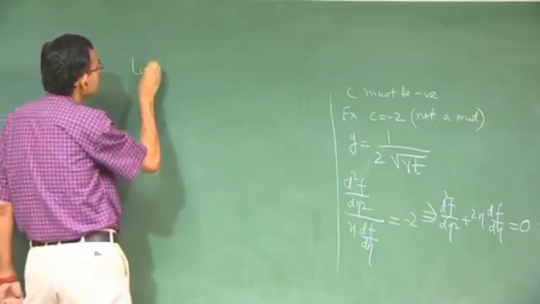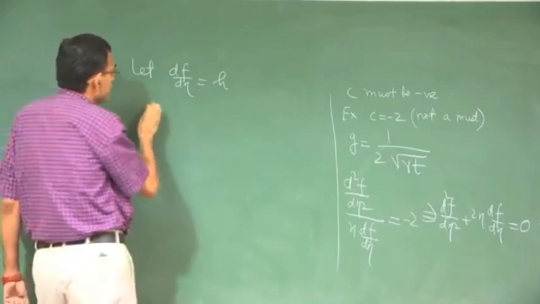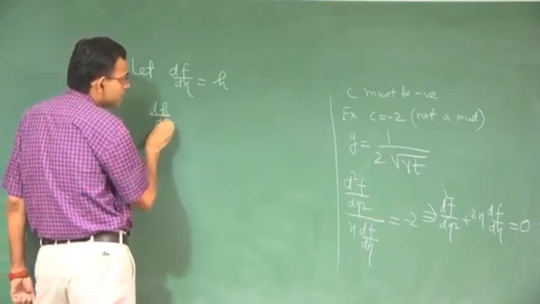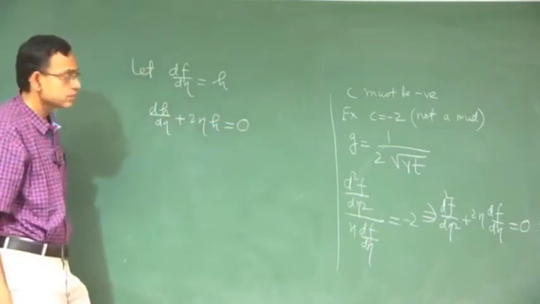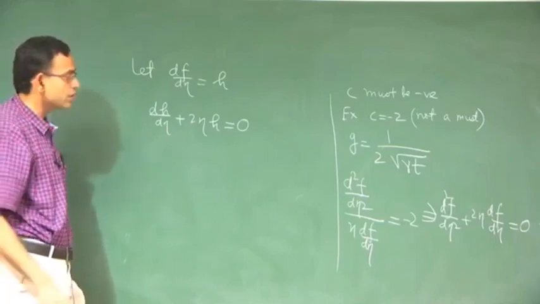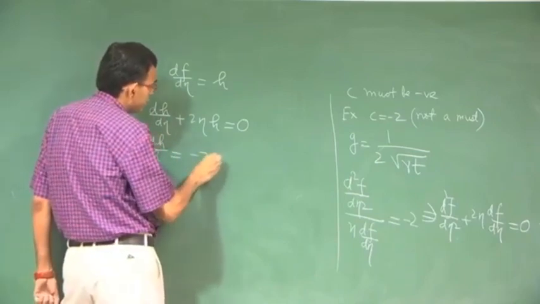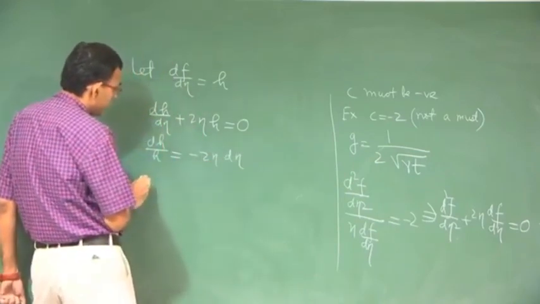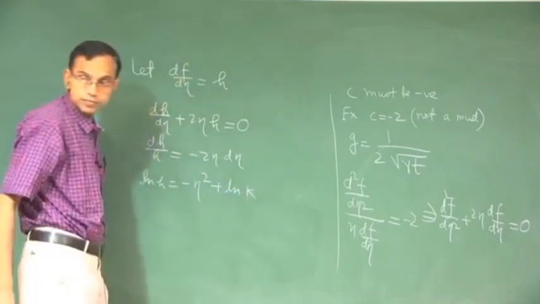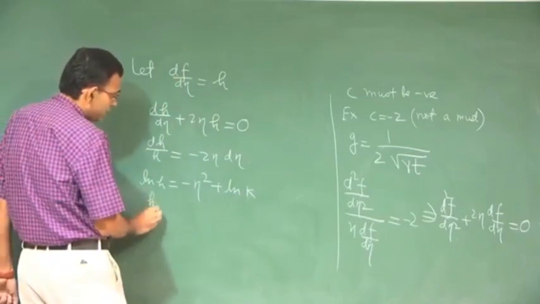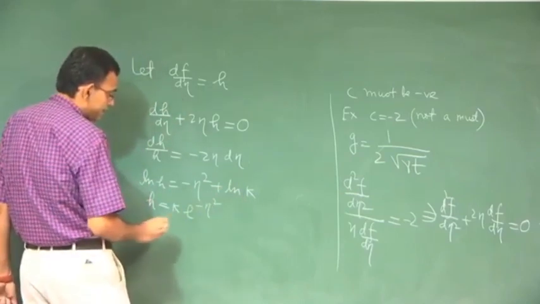So, let df d eta is equal to h. So, you have dh d eta plus 2 eta h is equal to 0. So, you have dh by h is equal to minus 2 eta d eta. So, ln h is equal to minus eta square plus ln k. Okay. So, h is equal to k into e to the power minus eta square,